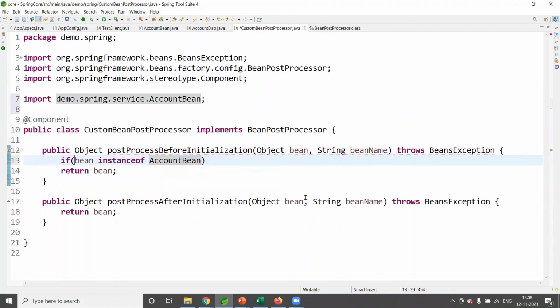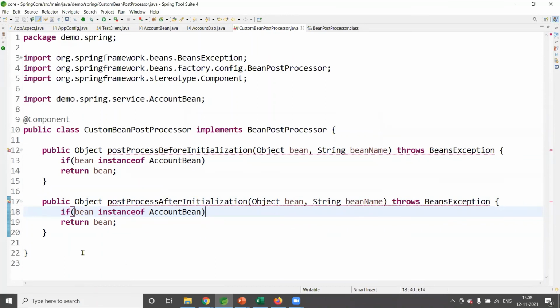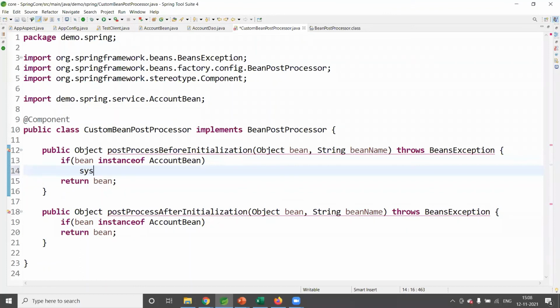So AccountBean, let me import it. Similarly, I'll put this instanceof check here also. If it is an instance of this, then only I'll apply this. So if the bean is an instance of AccountBean, then I'll say sysout, postProcessBefore.